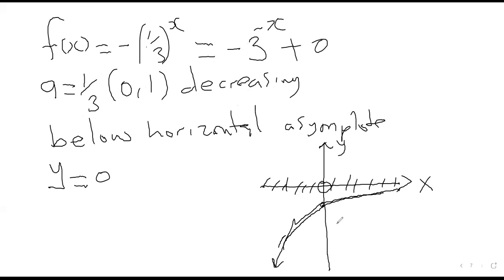So that point there is -1. If you are not sure about that, the best is to put even 3 values so that you can see the points. So when x is 0, when you plug a 0 here, this is going to be 1/3 to the power 0, which is going to be 1, and 1 multiplied by negative will give you -1. That's the -1 that we have there. That's our first coordinate. And then the other coordinate here, we can say when x is equals to